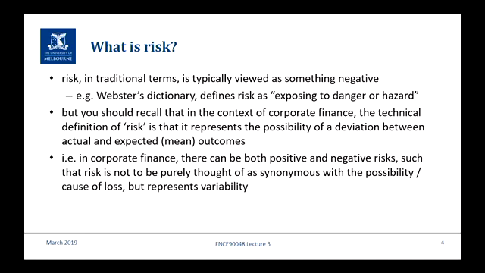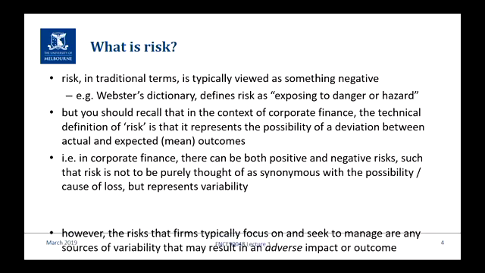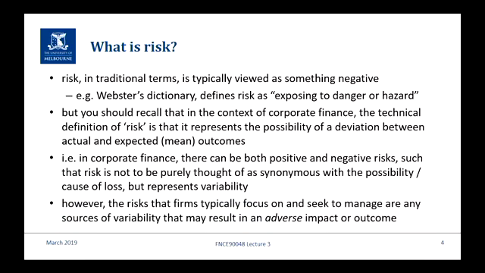Now, having gone to pains to talk about that, in project finance the only one we're worried about is the one that we find is negative, exposing to danger or hazard. It's the only one we really care about. So the risks that we focus on, the ones that we're going to try and manage when we go through the mitigation process, are any sources of variability that create adverse outcomes. So when you think about interest rate risk, if you're a borrower at variable rates, it actually is two-sided because interest rates can go down as well as go up. But we don't care if it goes down. In fact, we're happy. So we're not going to do anything about that.